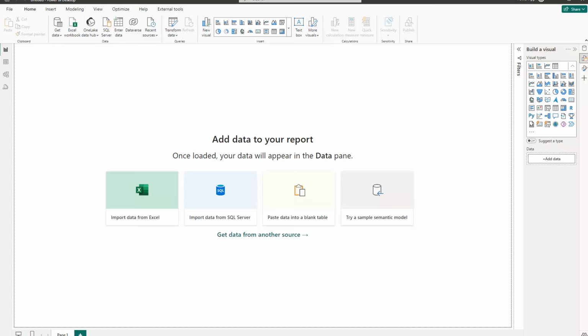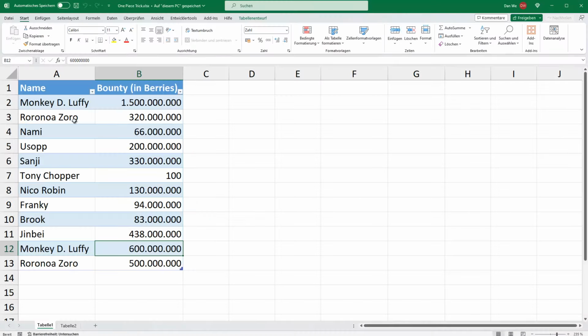In this video, I'd like to show you a trick which allows you to combine, in this case to merge, two tables and avoid duplicate entries. I'm going to show you first the problem and then the solution using Power Query Editor in Power BI. For that, I created a little Excel file which looks like that, and it contains,